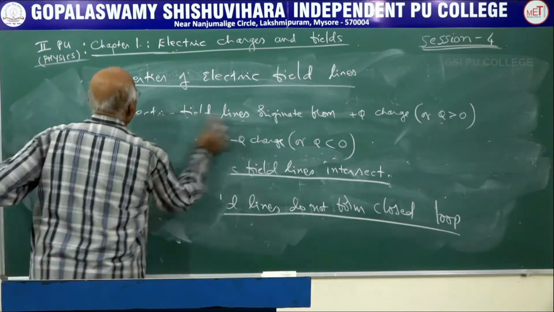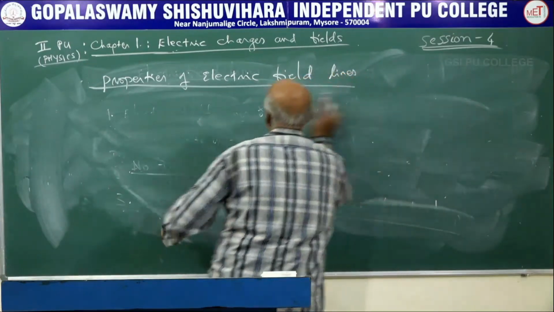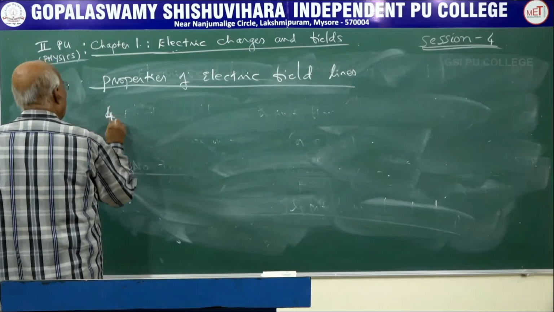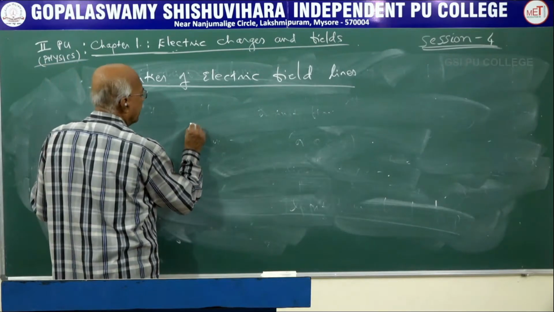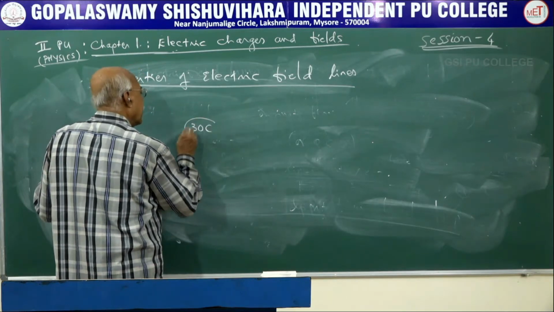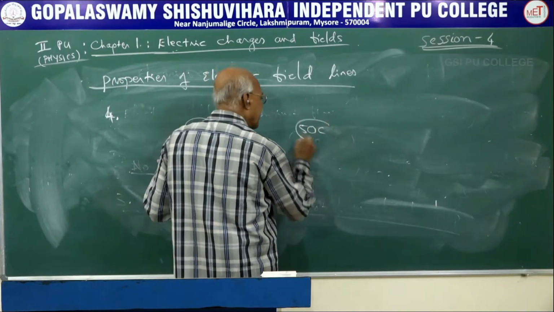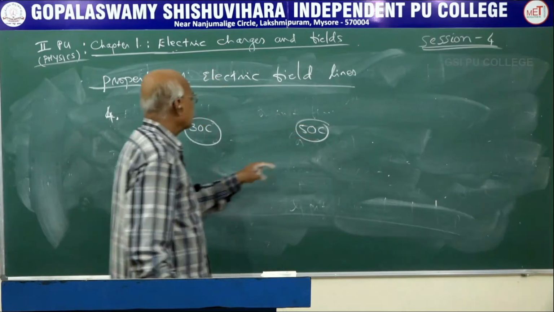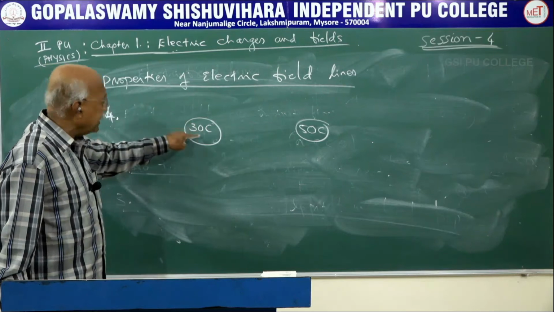Now, the fourth property we will write. We have written the third property, now we will write the fourth property. The fourth property of electric field lines is like this. Consider a figure where we have 30 coulomb of charge. The amount of charge available is 30 coulomb. Now if you have a charge of 50 coulomb here, the number of electric field lines due to this will be enormous. The electric field lines due to the first is less because the amount of charge present there is less.